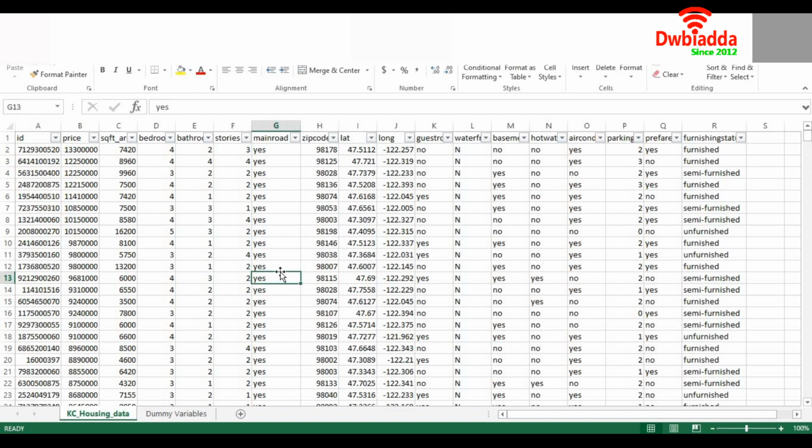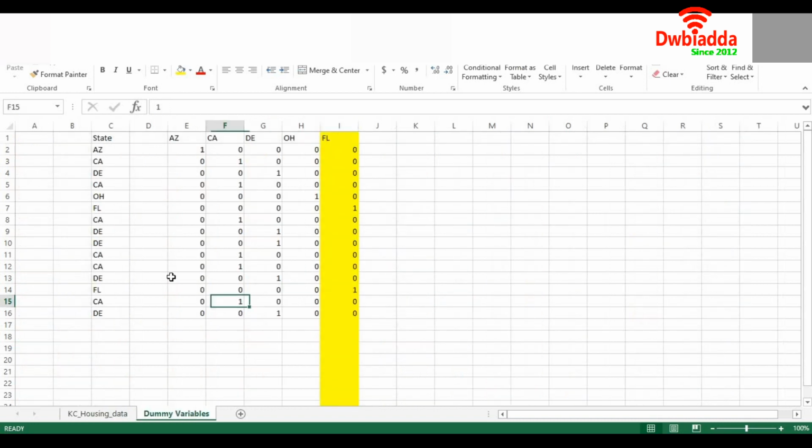Let's understand what dummy variable creation is. Let's take a sample record first. For example, I have a record which captures the state of the customers, and these are the unique states: Arizona, California, Delaware, and Ohio. Now, I know there are 5 unique states out of all the attributes. So what I do is, I transpose the unique values and capture them with a 1 or a 0 depending on the record.